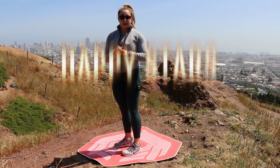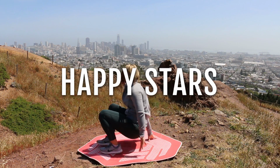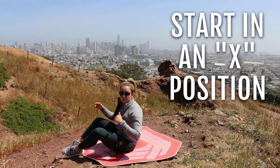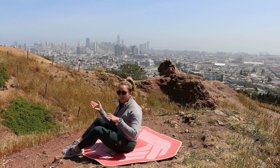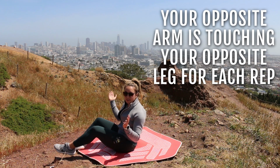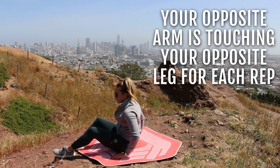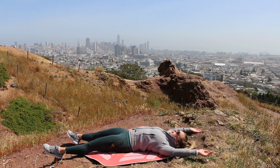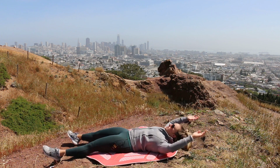The second is going to be the happy stars. So I'm going to lay down on the ground here. You're going to start in a big wide X position, and there's a couple ways to modify this, but the idea is your opposite arm is hitting your opposite leg for each rep. So I'm going to start out here in this X, and all I'm going to do is sit up using my core, pressing my low back into the ground, trying to touch that toe,